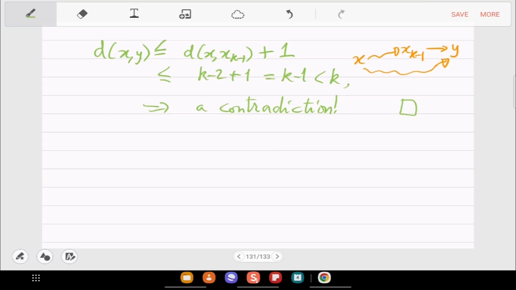So shortest paths have shortest subpaths. Okay, you can just remember that. It's basically a manifestation of the triangle inequality. And this helps a lot in designing algorithms. So now is the ripple idea.